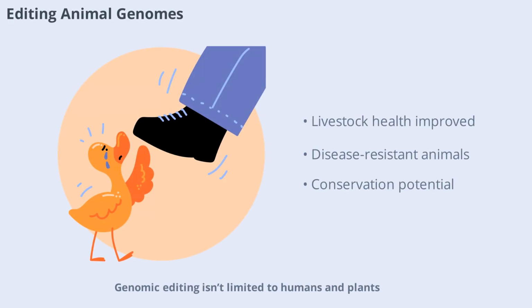Genomic editing isn't limited to humans and plants. Scientists are also editing animal genomes to improve livestock health, create disease-resistant species, and even revive extinct animals. These applications raise their own set of ethical and ecological questions, but they also offer exciting possibilities for conservation and